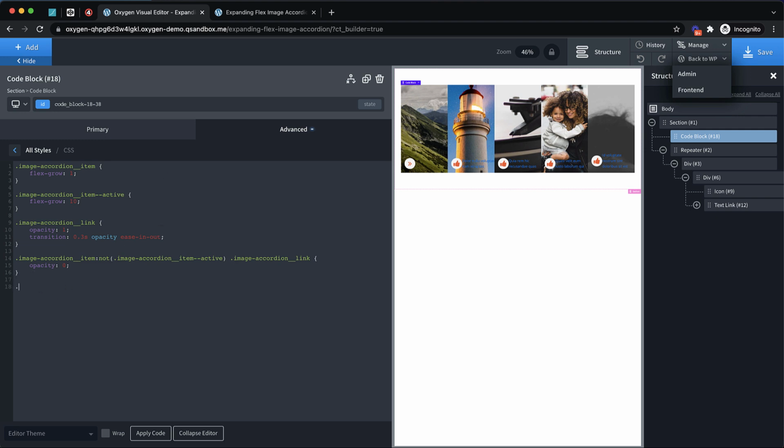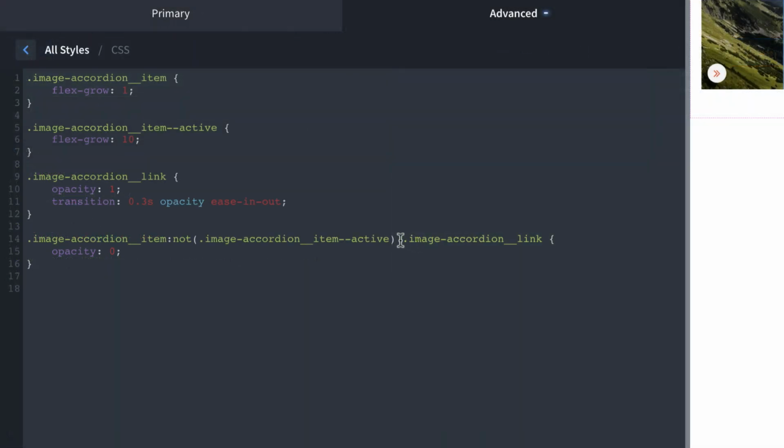Now, one other thing we're going to have to do to make sure we don't interfere with our JavaScript is grab this selector, which is our not active selector essentially. And we're going to target the image accordion details div. And when our parent div is not active, meaning it doesn't have the image accordion item active class, then we're going to set the details div to pointer events none. That means the link can't be clicked, and clicks on other elements within that should not interact negatively with our